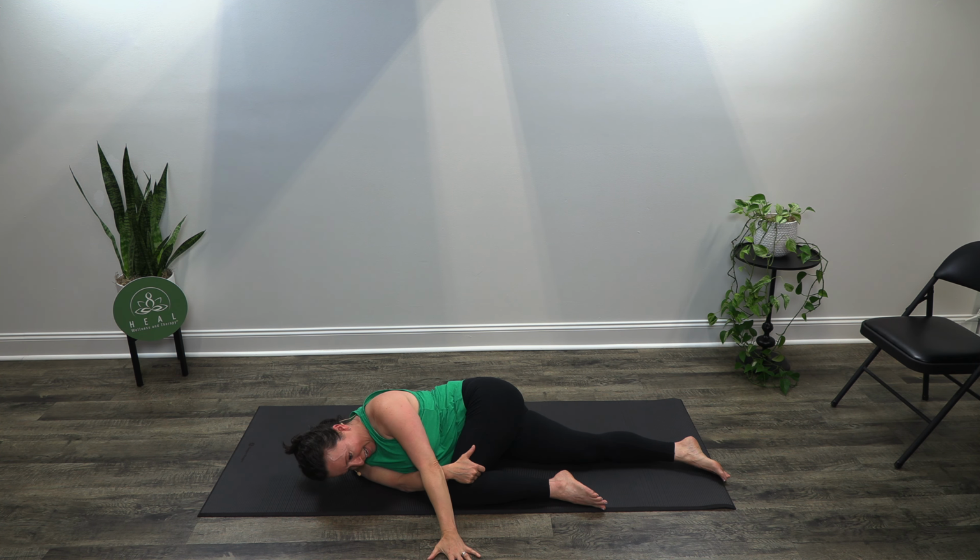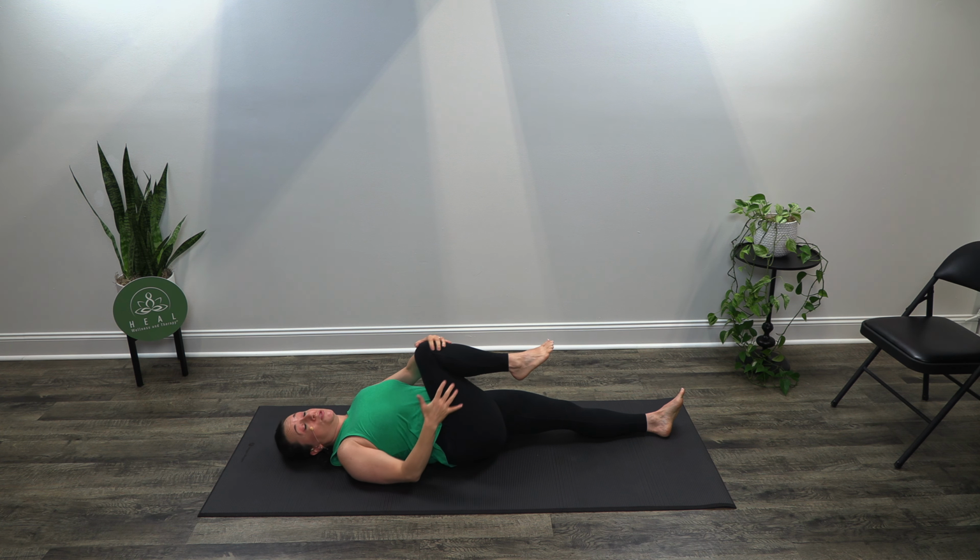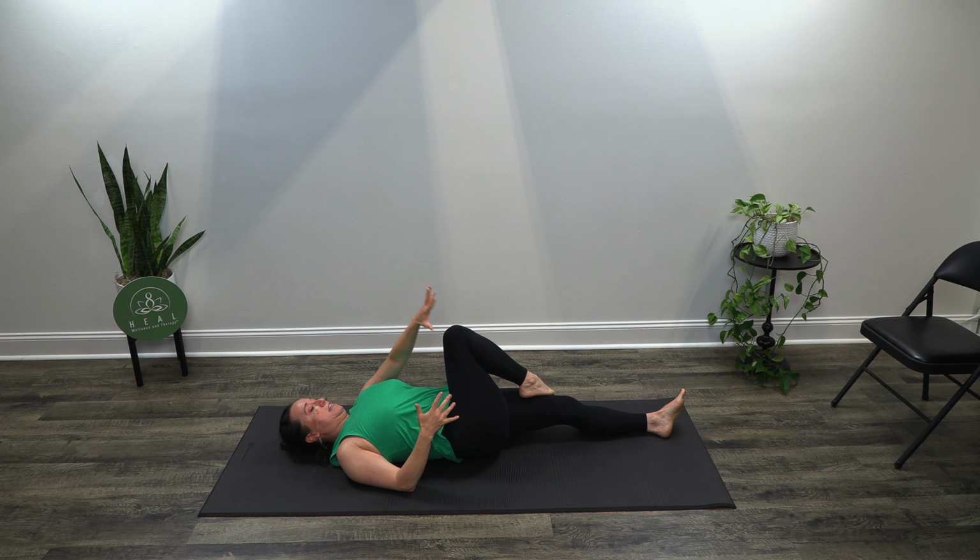Take a nice deep inhale into your belly, and as you exhale, pull your knee into your chest. Deep inhale into the belly here. Exhaling out. Slow, deep inhale in. And exhaling out. Then gently rest the right foot onto the left thigh, left hand to the outside of the